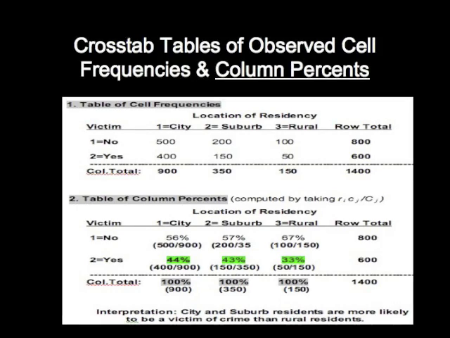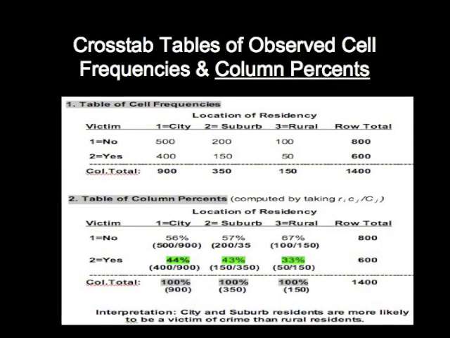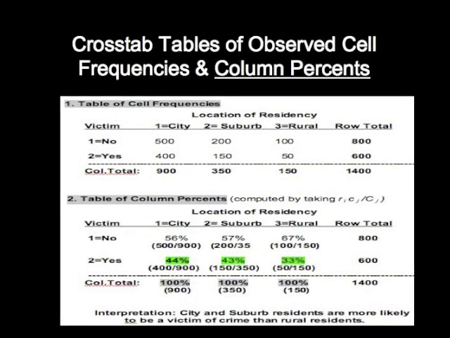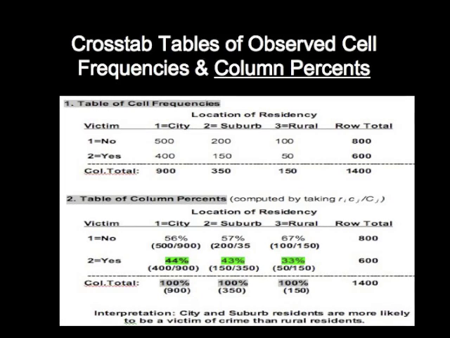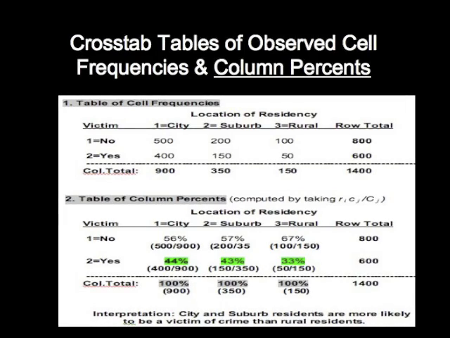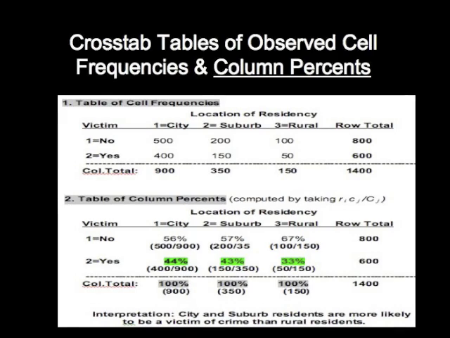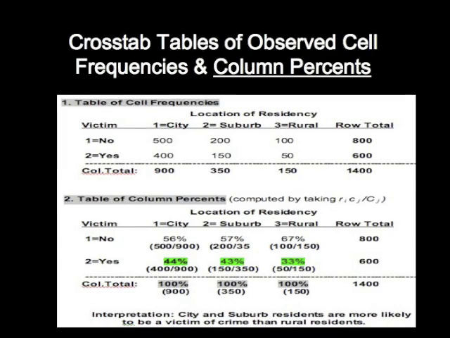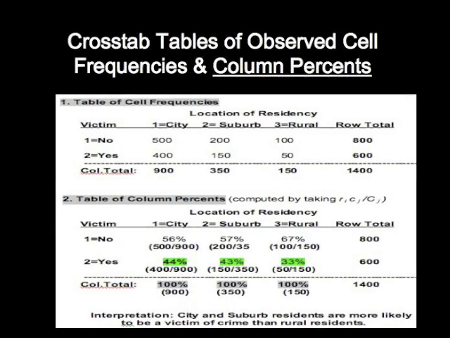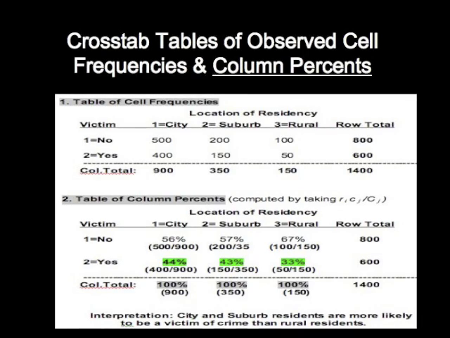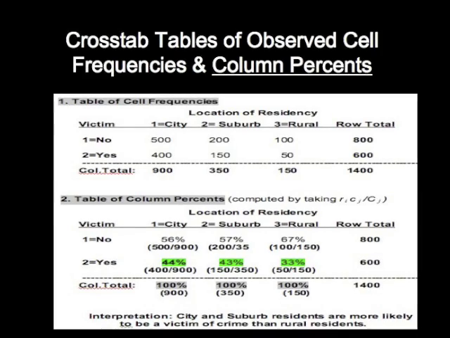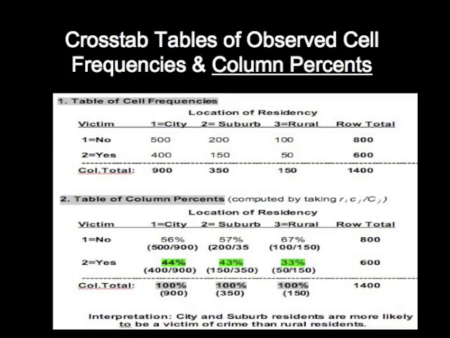When computing a table of column percents, we're asking the basic question of all the cases in a given column, what percent of those cases also fall within a given row within that column. So for example, in this particular case of table 2, we asked the question of all city residents in this sample, and we got 900 city residents in the sample, what percent of them have been a victim of a crime? And what we find is 400 of those 900, which translates into 44% of those people have been a